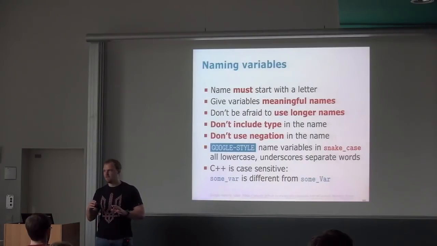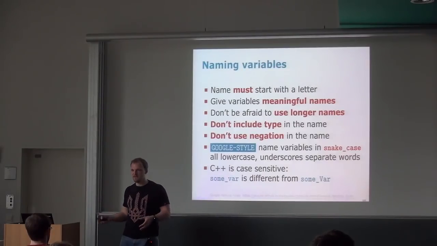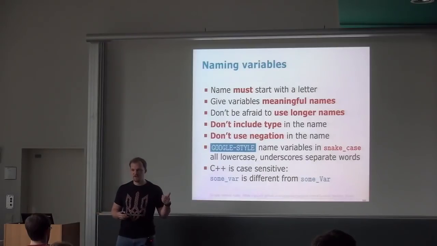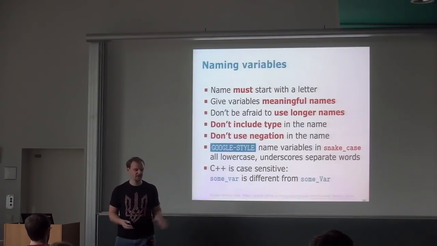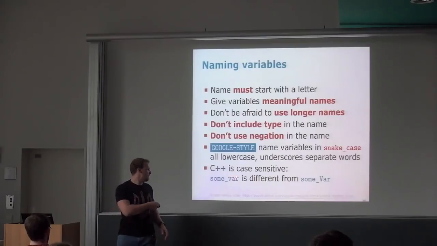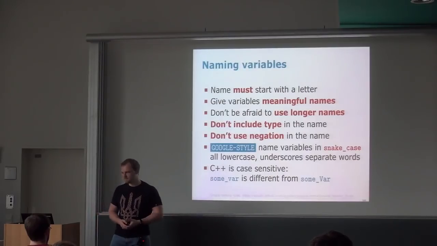Because it can lead to problems. If you start one variable with a small letter and another with a big letter, you can have a variable, I don't know, hello, and one will have a small letter in the start, the other will have a big letter in the start, and they will be different variables. And you will be confused because you will think that you updated both of them because you thought it's one variable, but you updated only one, and it can cause annoying errors. So just stick to one scheme of naming. I suggest snake case, and just go with it. Again, C++ is case sensitive, so this variable is different from this variable. And that's why I just always name them in small letters.